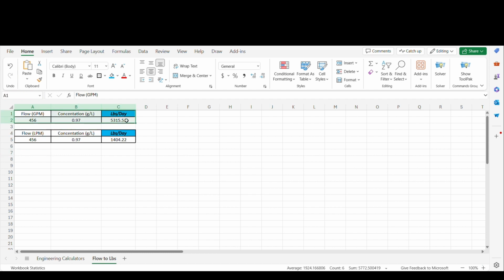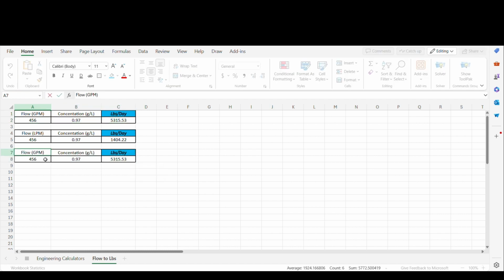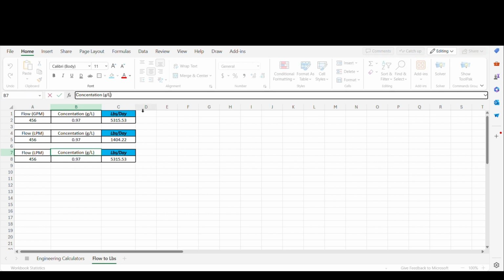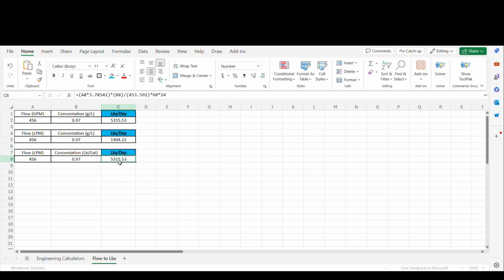If your flow was in liters per minute, but your, excuse me, your concentration was in pounds per gallon, you would do liters per minute,